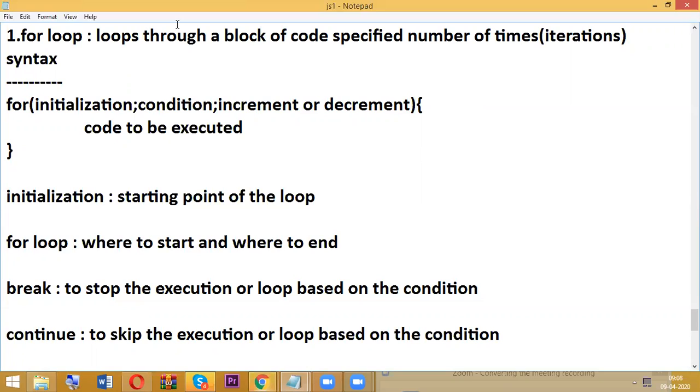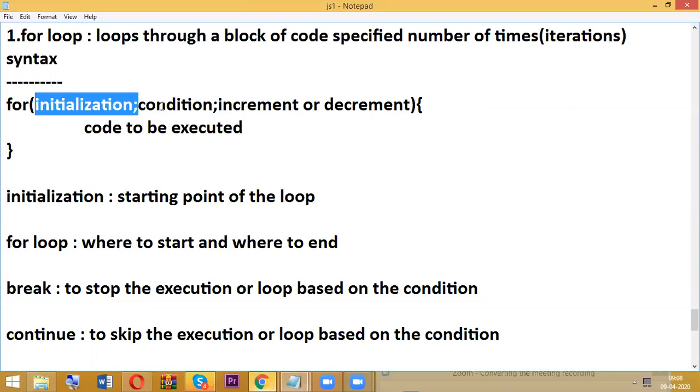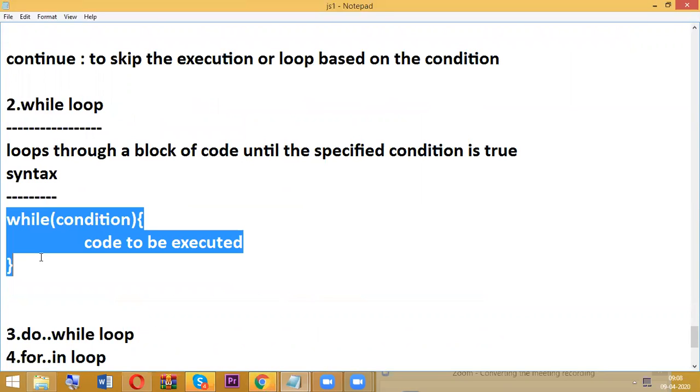Also it is a part of syntax, writing initialization, condition, increment or decrement. But regarding while loop, only the condition is a part of syntax; initialization and increment are optional. But to achieve the same output, I preferred it here.